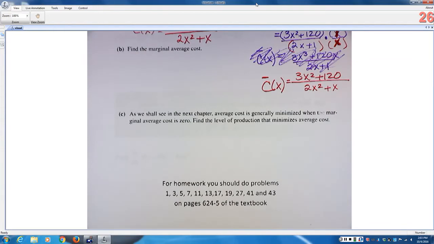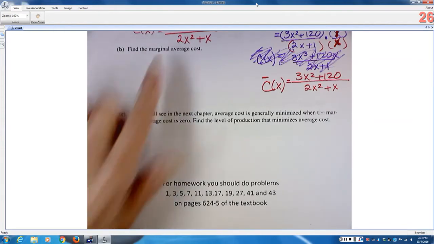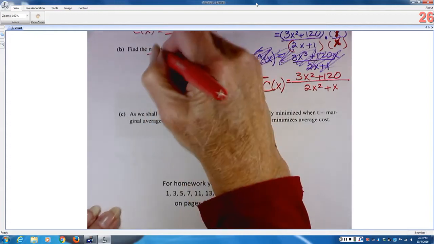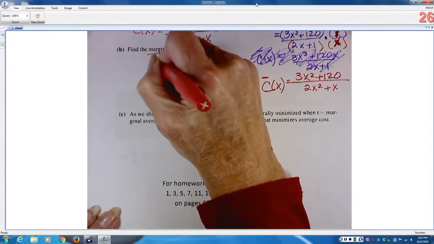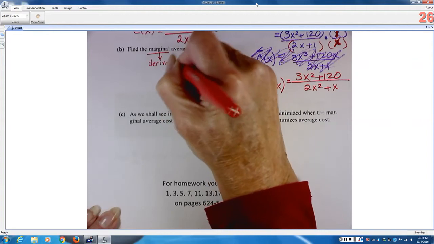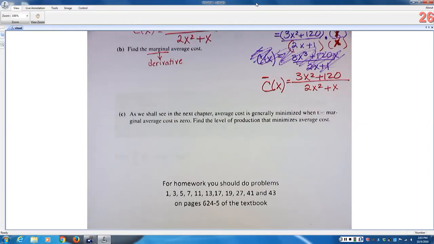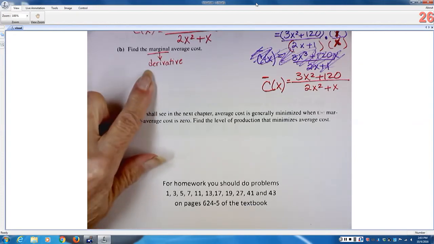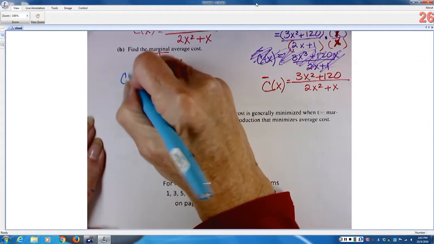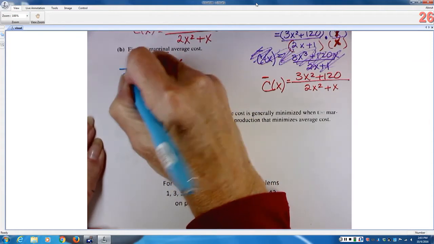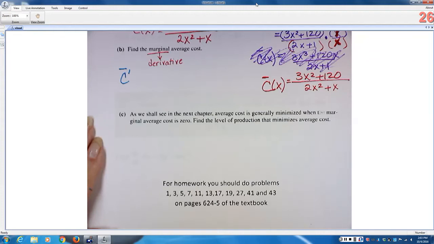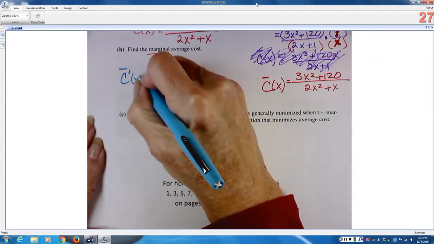Okay. Find the marginal. The word marginal should always tell you to find the derivative, because marginal is always a rate of change. So since I'm going to find the marginal cost function, and I have a quotient, then I will need to use the quotient rule to find my marginal cost function. So C prime average, because remember you're doing the derivative of the average cost. So average prime of x